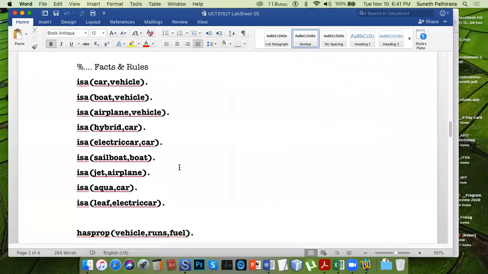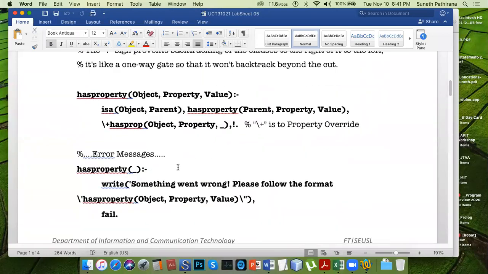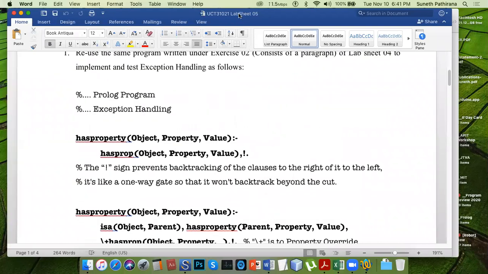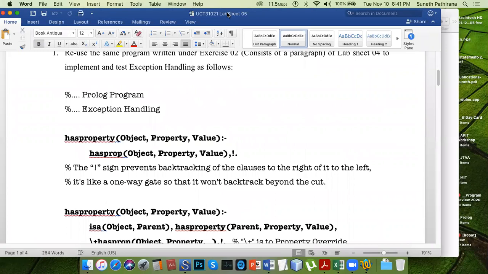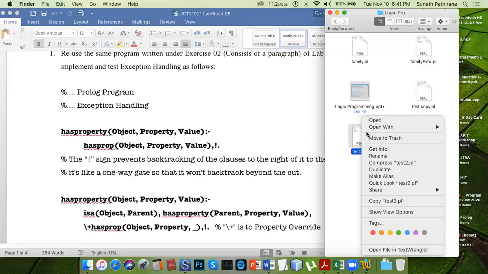What we usually do in traditional programming is list down the exceptions at the later part of the program.